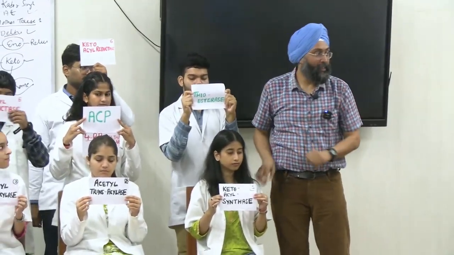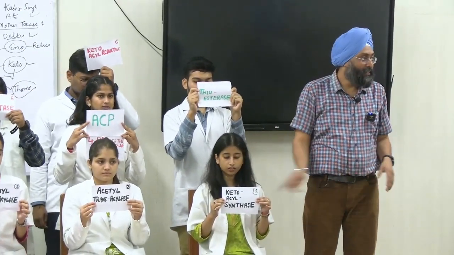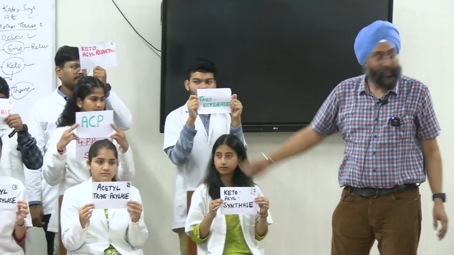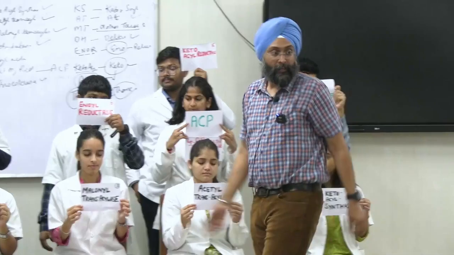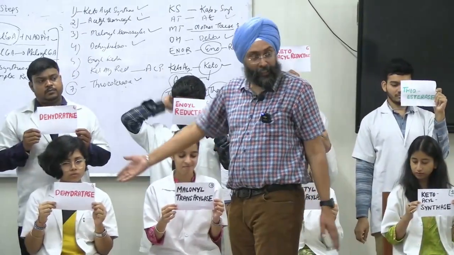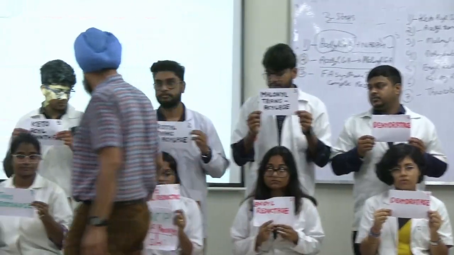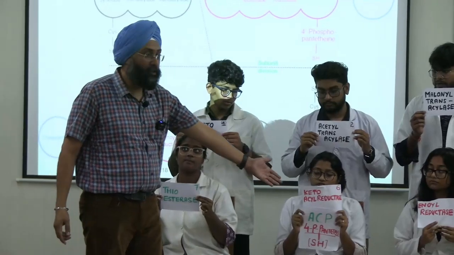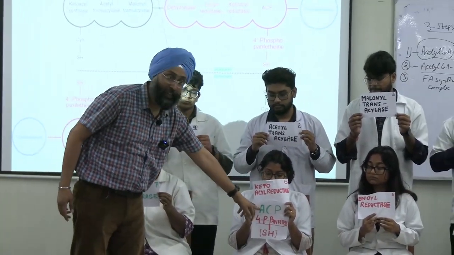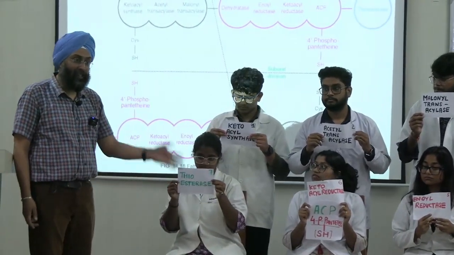So I start from the first enzyme again. The first one was there, now the first one will come here. What is the enzyme? Ketosyl synthetase, Kabir Singh. Now the second is acetyl transacylase. Then Mother Teresa Hospital, malonate transacylase. Then Delhi, dehydratase, got relief via enol reductase, and the enol was stolen by kitties, ketosyl reductase, and this was caught by the ACP of police, acyl carrier protein, and finally handed over to police station Thane.